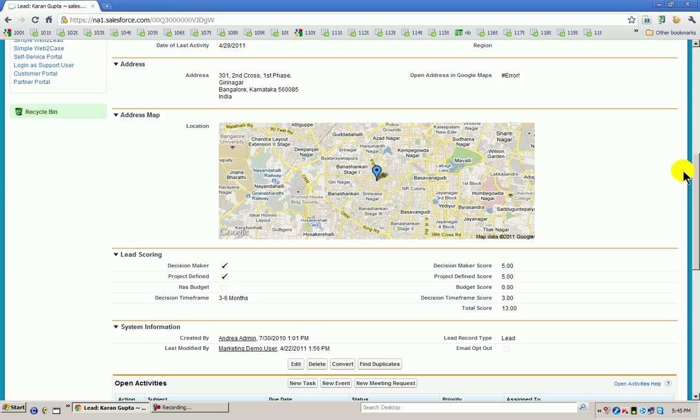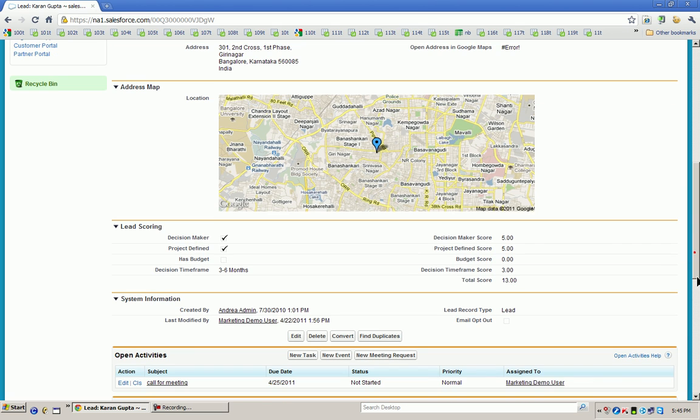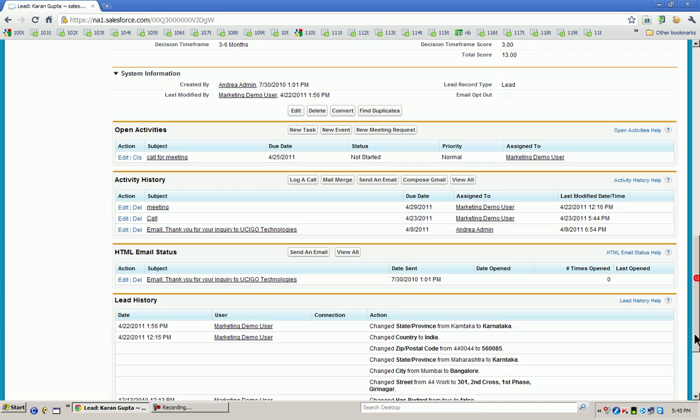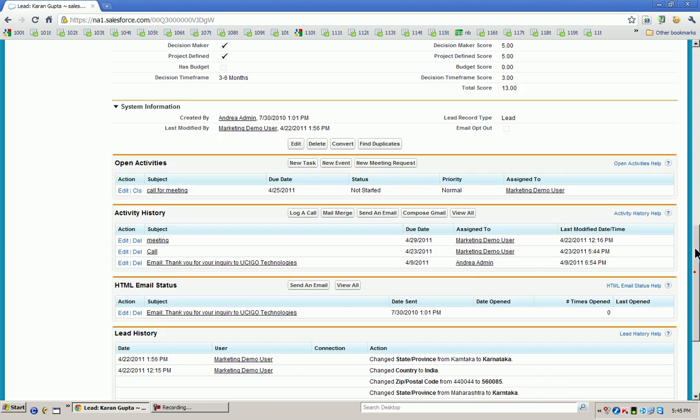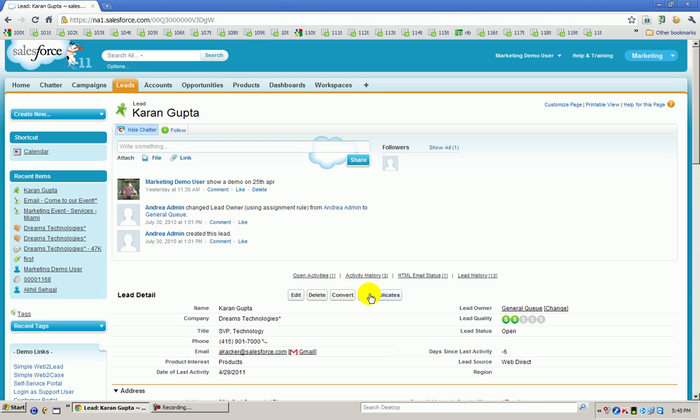You are saying the number of times the customer opens the mail is tracked. So you can send mail. Let's say after all the mail communication or a meeting, you feel this is a good customer and this could be an opportunity. What will you do next? You will just click the convert button here, and it will create one opportunity and account for you.